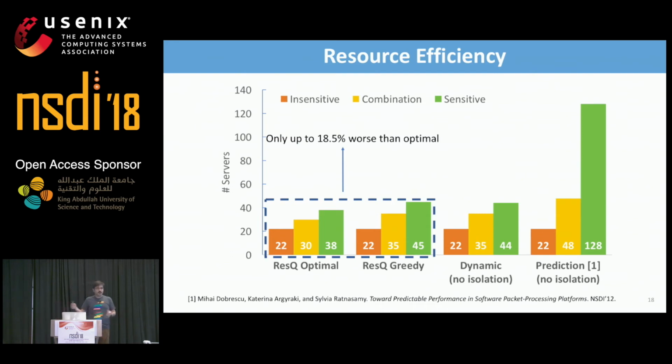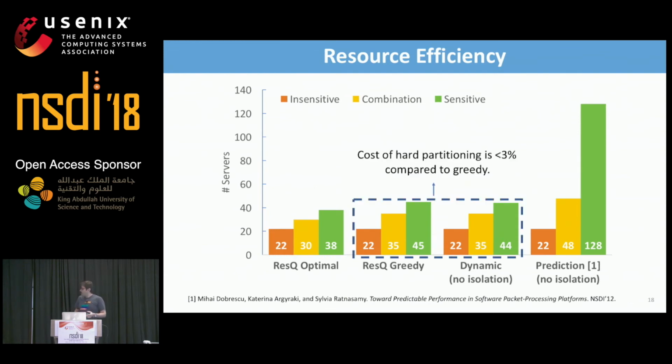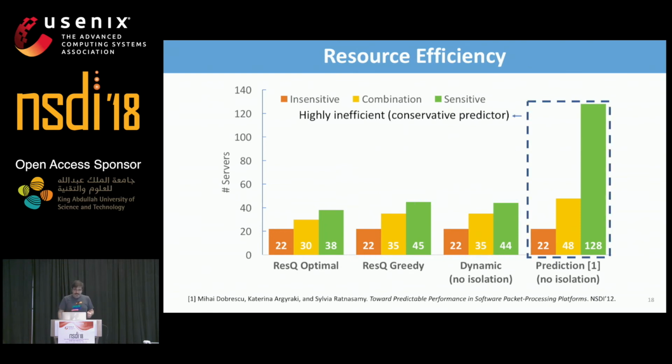So greedy and optimal, the gap in our sample is around 18.5%. That's what we lose by doing greedy allocation, and that's pretty good, actually. With dynamic, it's fair to compare with the greedy allocation. There is a cost to hard partitioning resources, a cost to hard isolation. But the cost in our sample workload is less than 3%, and that is only in one case. It takes one more server to do hard partition of resources. And finally,